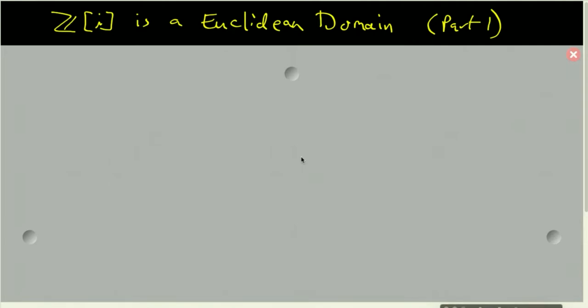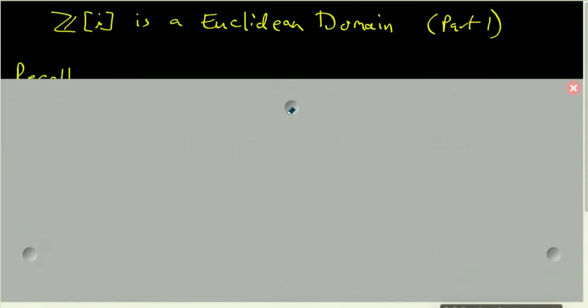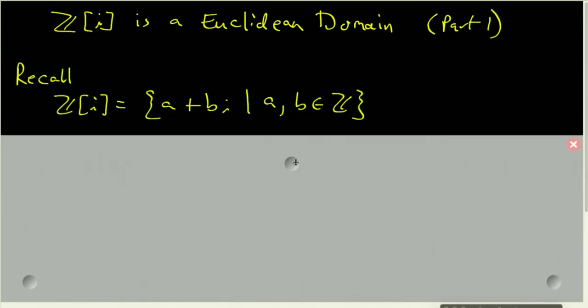In this video, we're going to start the proof that the set of Gaussian integers forms a Euclidean domain. In order to get started, I want to do some basic review of the things that we need to know before we can start the proof. First of all, the Gaussian integers are defined to be the set of a plus bi's, where a and b are pulled from the integers. i is the square root of -1,